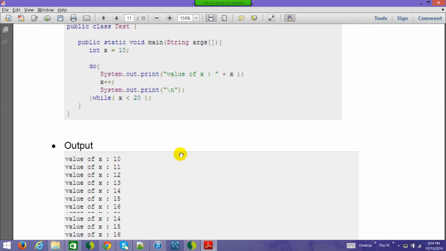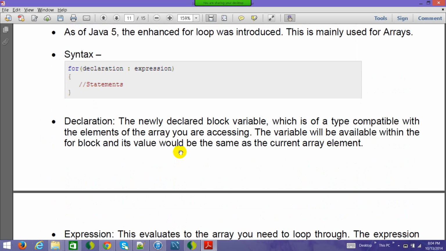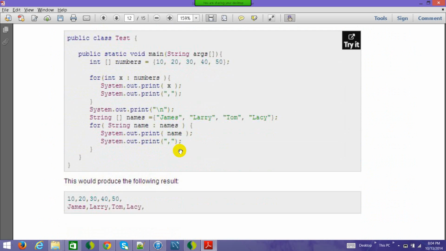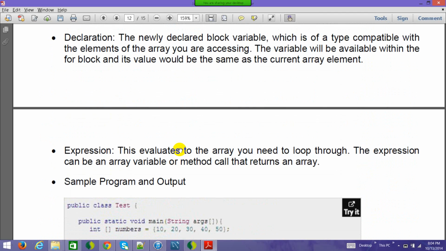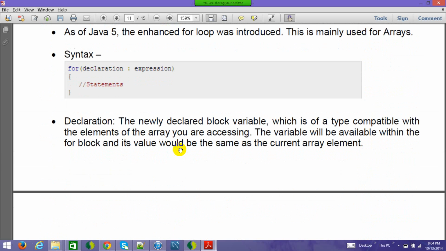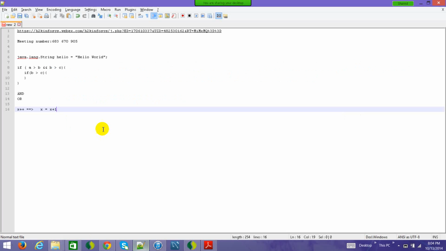Now let's come down to the for loop. What are for loops? For loops are nothing but executing things a number of times. You give the starting value, and say that I want to execute it in this way. For example, I'll show you here.